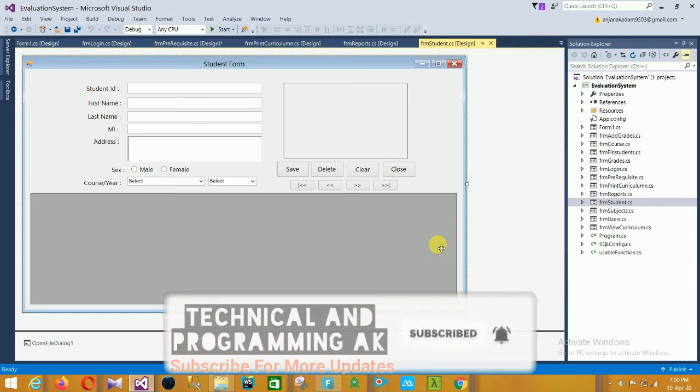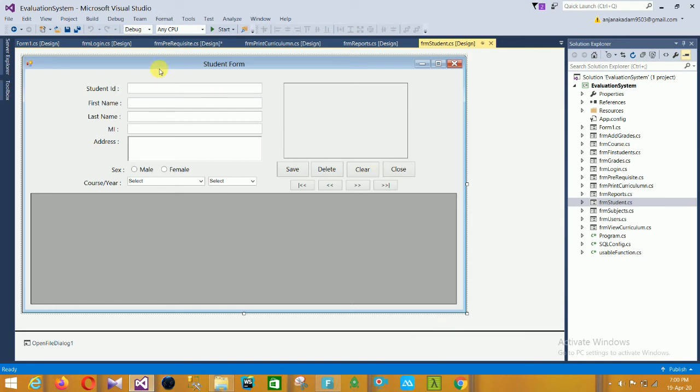In the adding student data, there are multiple fields here. First one is the student ID, then the first name, last name, MI, address. In the sex option, male and female are here. In the course year, select and select. This is the select by course, and this is our main